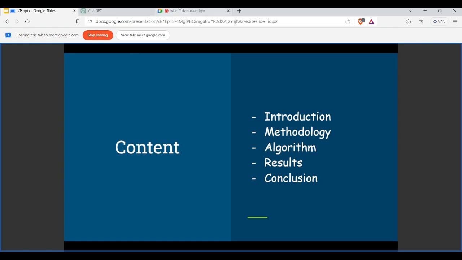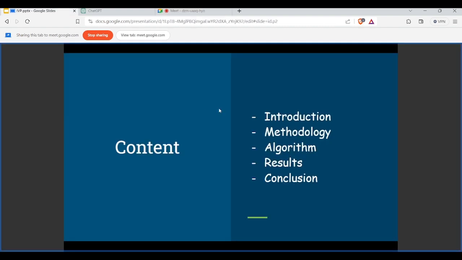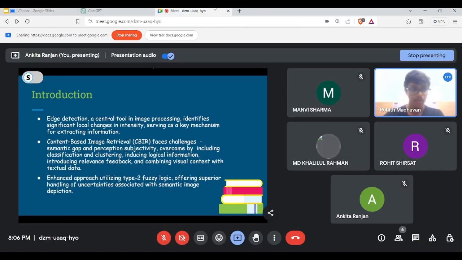In this PPT, we'll see the introduction, a brief explanation about our topic, and further, we'll see the methodology, how it works, and the algorithm for it, and we'll see some results, and we'll conclude there. So, about the introduction,